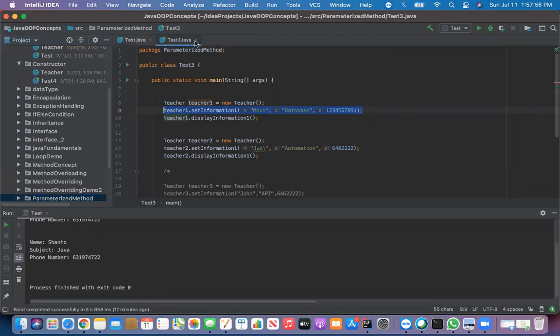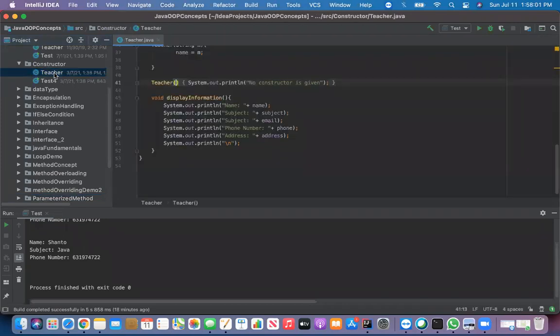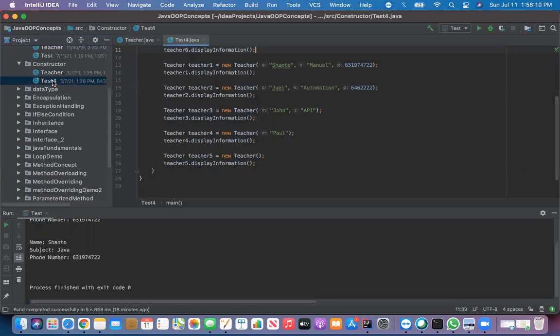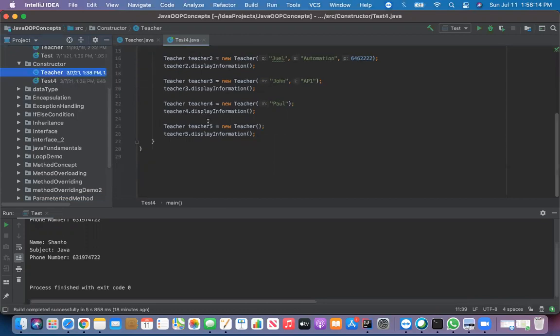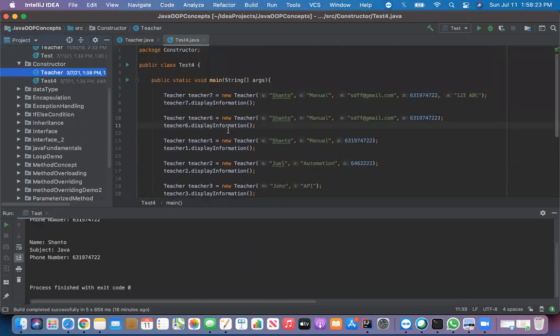I'm just closing this first. But this is a special method. Constructor is a special method. And why is this special? In a parameterized method, you used one or two parameters, but a constructor is very similar to a parameterized method,